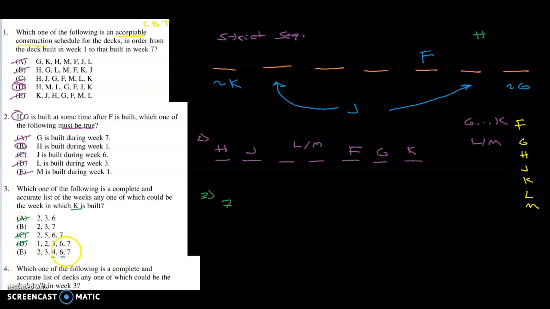Let's just try. How about week 4? Can we do week 4 without breaking any rules? Let's see. 1, 2, 3, 4, 5, 6, 7. If I put K on week 4, that would go right here. Let's see. F has to go on week 5, and then let's think about what pieces we have left to play with. We need to put J either here or here. It doesn't really matter. Supposing I put J here,